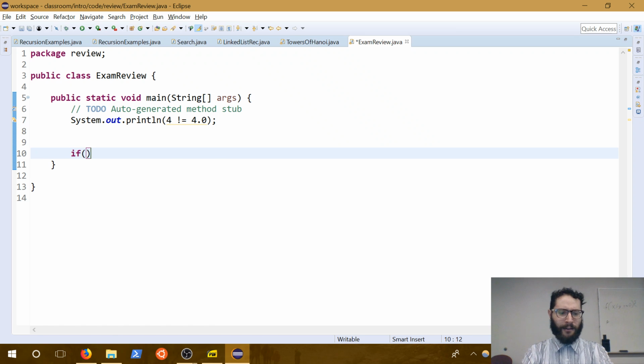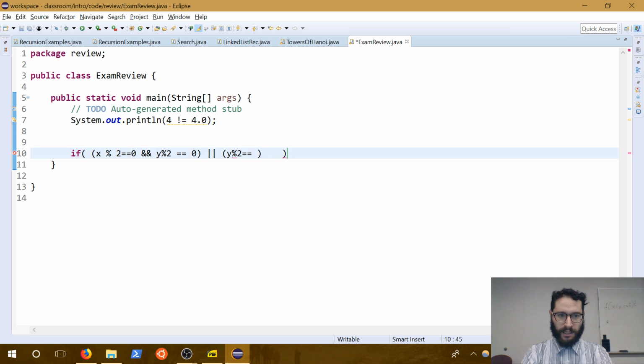The easiest way I found is if x mod 2 equals 0, and so if x is even, and y mod 2 is equal to 0. Y is odd. That's one condition. Or the other possibility, and notice how I put parentheses around each of those, just to make sure it evaluates in the right order. Or the other possibility is y mod